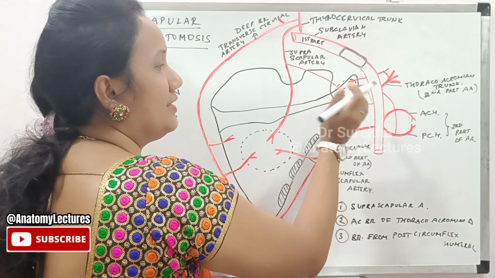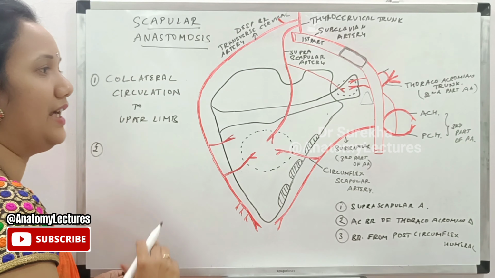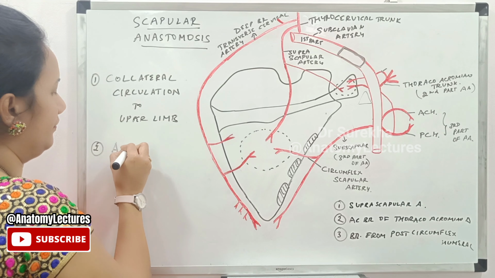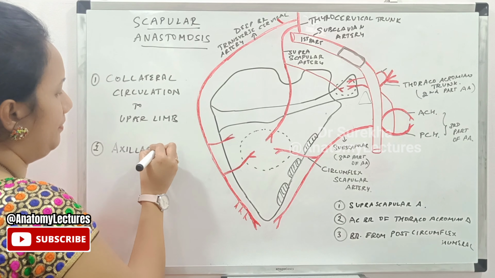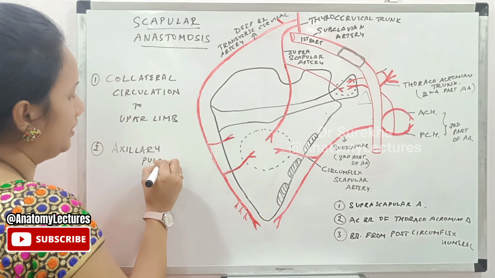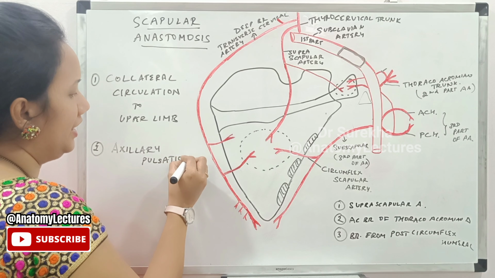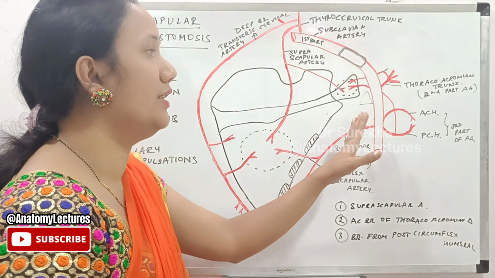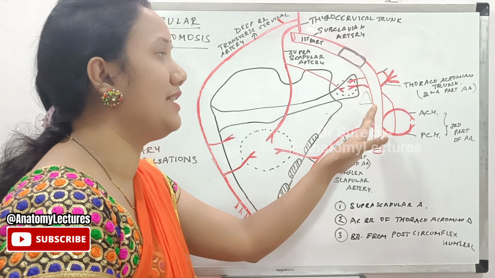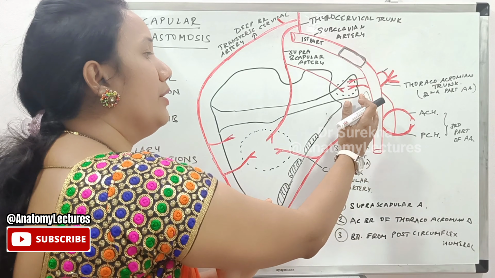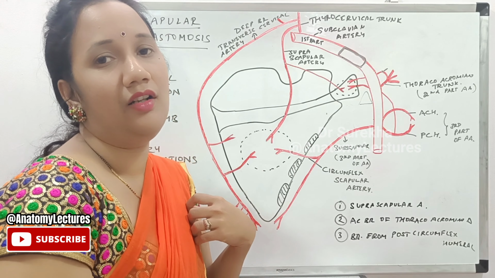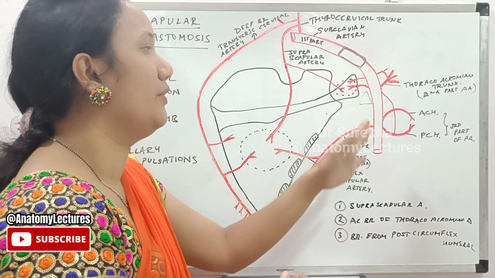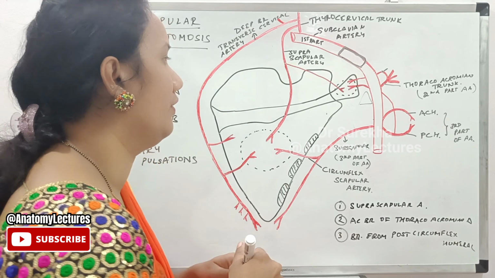By pressing against the lateral wall of the axilla, you can feel the axillary pulsations. So because of this, if at any point of time you want to prevent the bleeding from this axillary artery, you can give pressure against the lateral wall of the axilla in order to prevent the bleeding, okay, from this